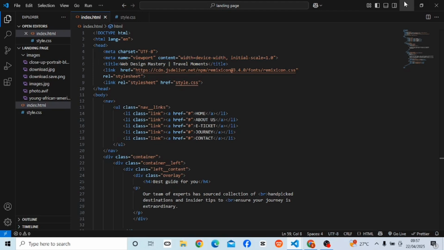We're going to do that through CSS. So the first thing we're going to do is change our title from document to design mastery in travel moments. Now, before you do this, you should first of all have your index.html, style.css, and also your folder